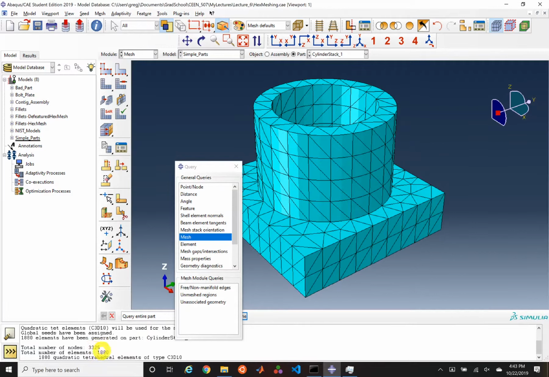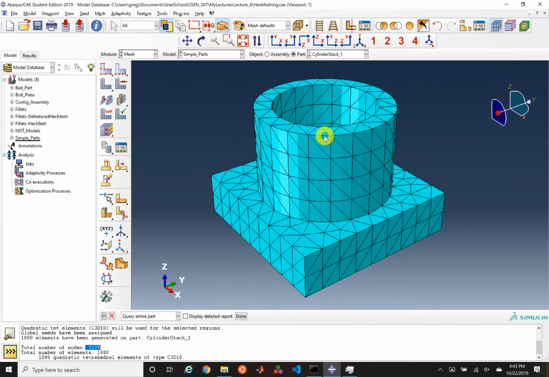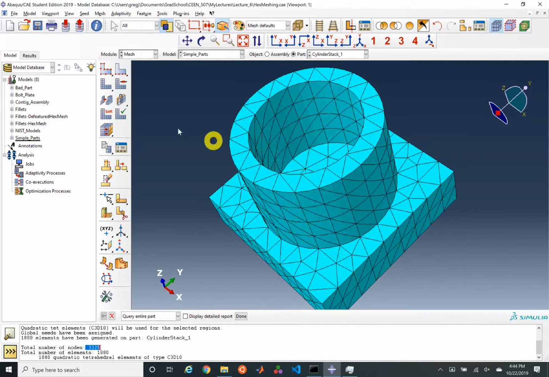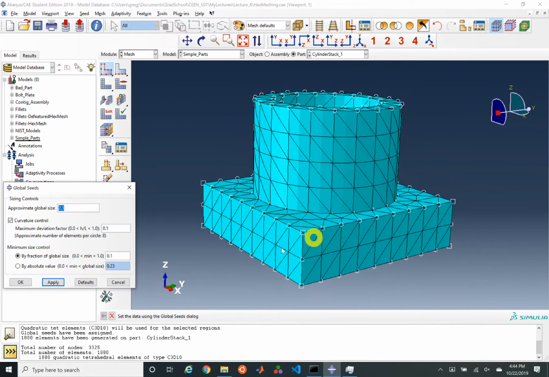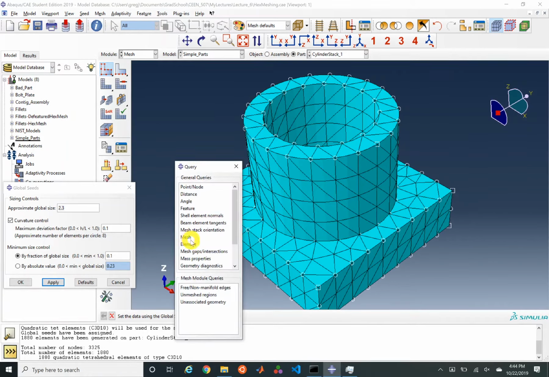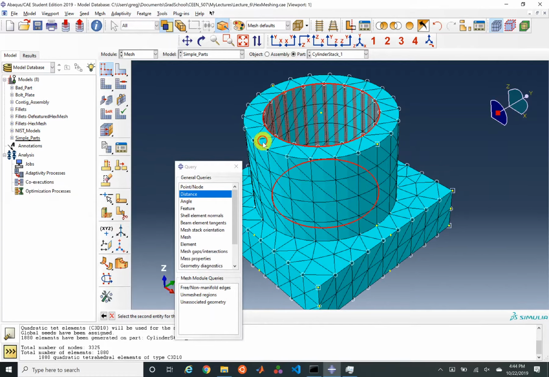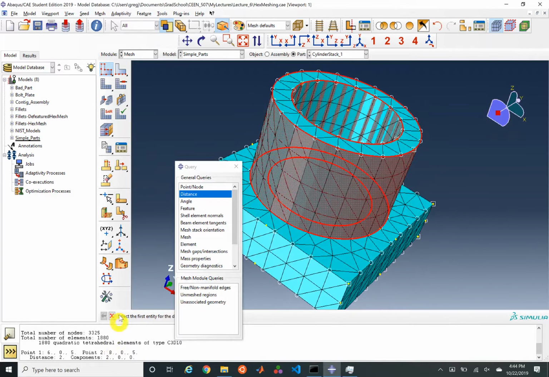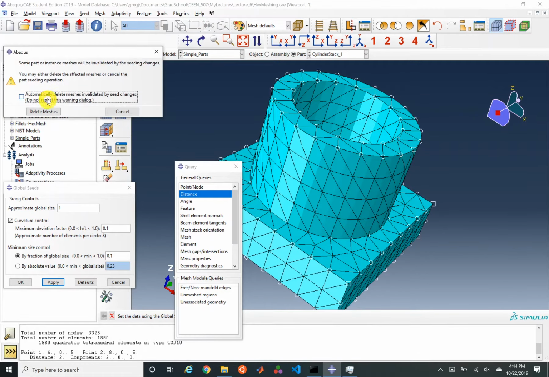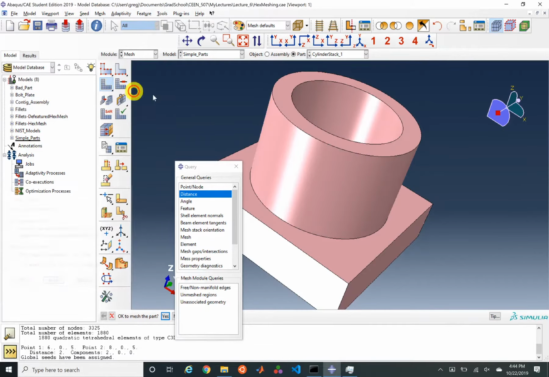And so remember, our stiffness matrix is going to be a function of the amount of nodes that we have in the problem. I'm also not very comfortable with having a single layer of tetrahedral elements where essentially we've connected one surface to the other surface. So I'd really probably want to have this geometry at least refined to the level that we are down here with 2 elements through the thickness. So if we were to query the thickness on this geometry, the thickness is 2. So if we take our seed size and we say 1, this should give us 2 elements through the thickness